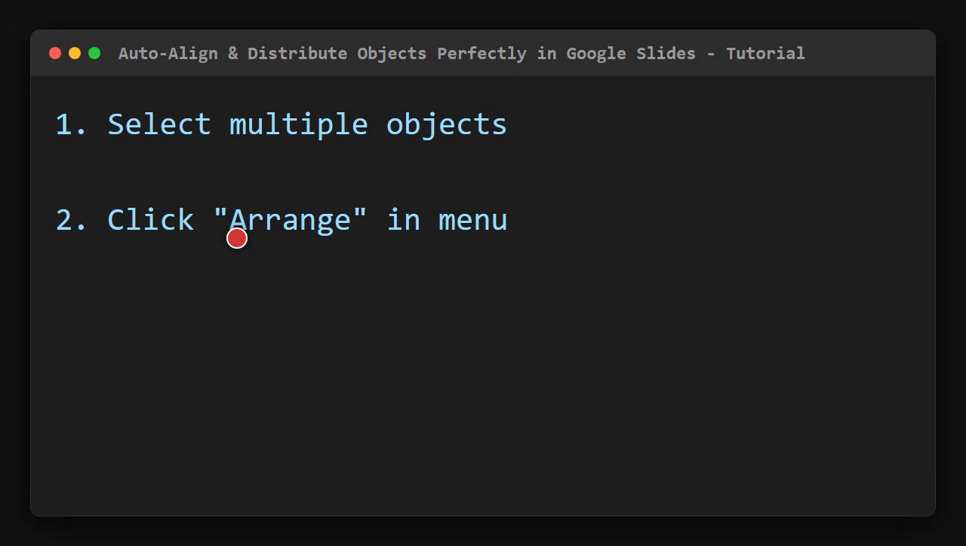Finally, to achieve that perfectly even spacing between your objects, you'll also look under the Arrange menu in 4. Distribute for spacing. This powerful option automatically spreads out your selected objects evenly across either a horizontal or vertical plane. It's incredibly helpful for creating clean, balanced layouts and saves you from the tedious task of manually adjusting each item